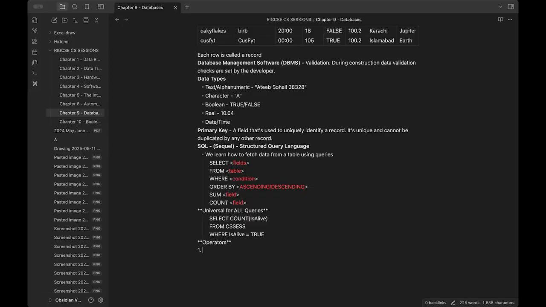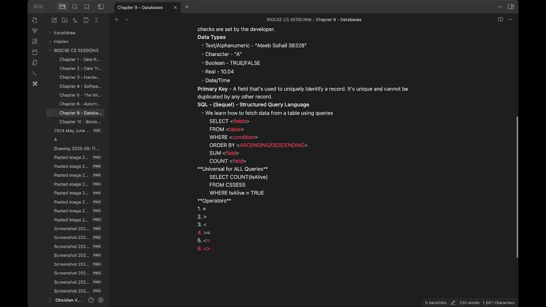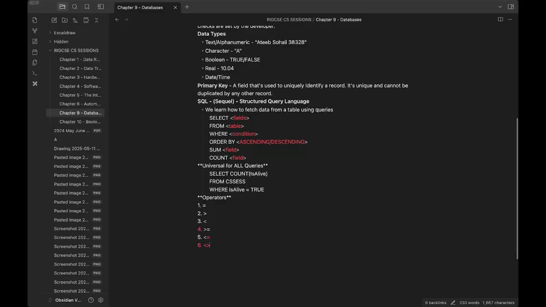There's the equal to operator, there's the greater than, there's the less than, there's the greater or equal than, there's the less than equal than, then there's the not equal to, then there's between,